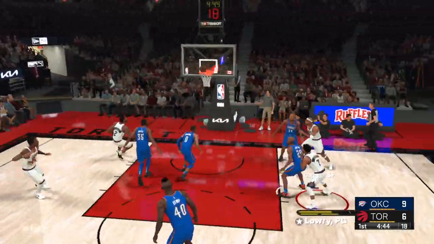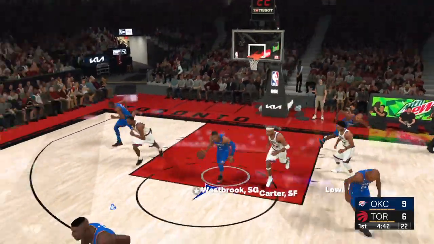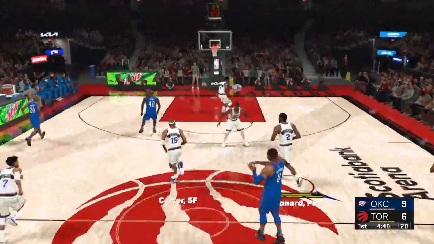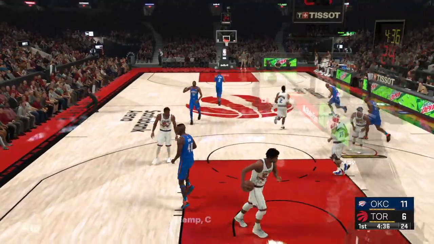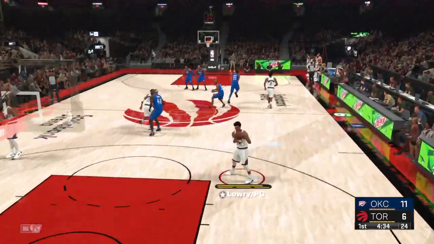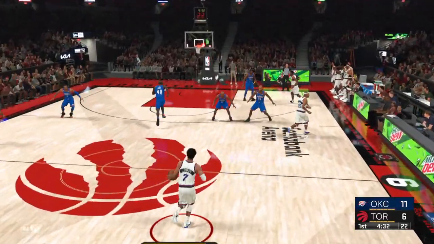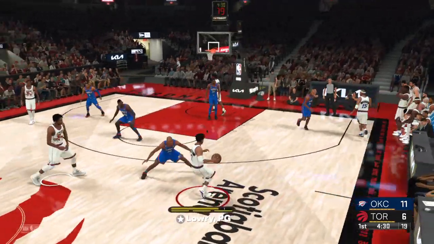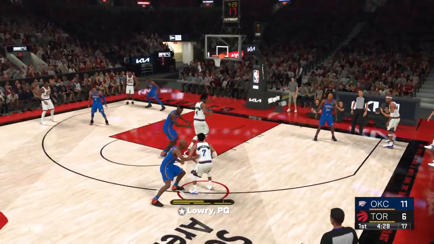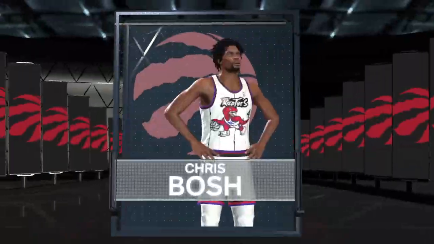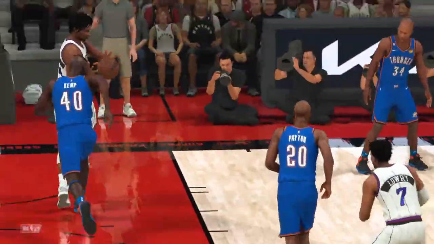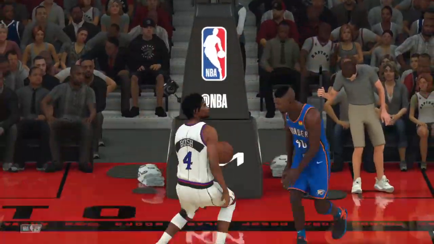Lowry finds Carter. Offline with the baseline jumper. He lobs it up and slam dunk by Kemp. Oh, beautiful setup there. One thing you can say about Kemp, no pass is too high for him to go get. Inside. And Chris Bosh with the slam. And that lead pass allowed him to get straight to the rim, unabated in stride.